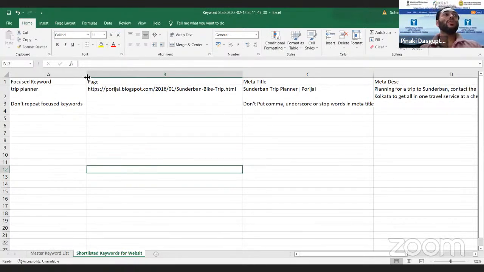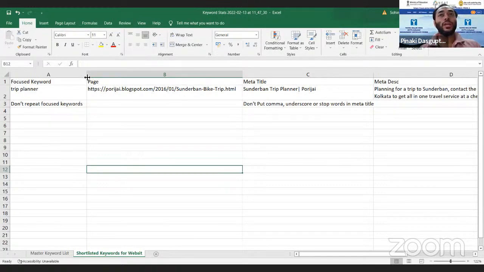Say if in a page you have used trip planner, in the next page try to use travel planner or travel organizer. Or say you have another page which is also focused on trip planner only. In that case, just modify it, like trip planner near me, best trip planner, top trip planner.